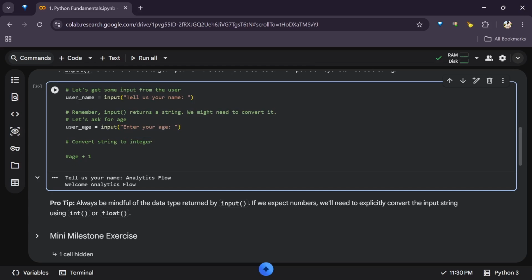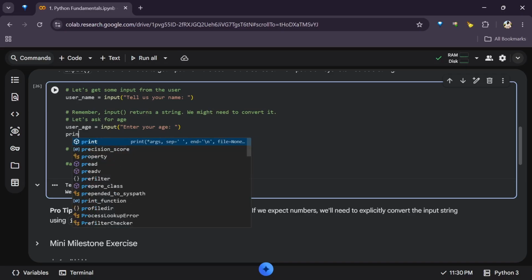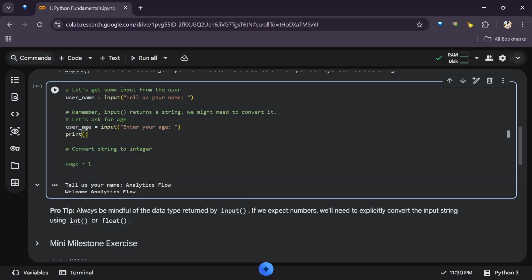And let's say, for example, we just want to add 1 to their age by saying, for example, print. So we're saying this user, right? This user. Now we can say comma will.